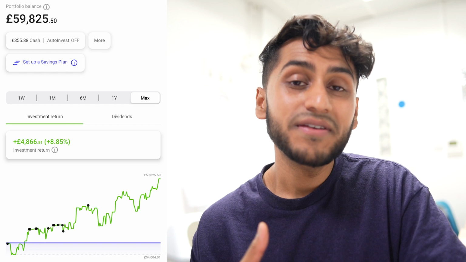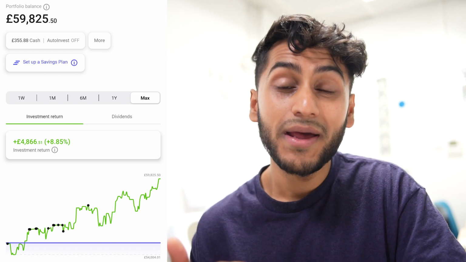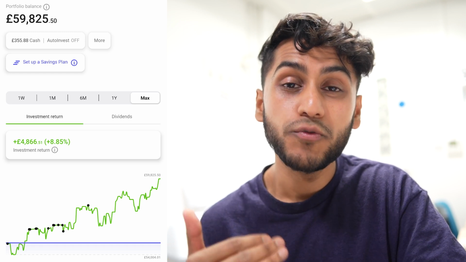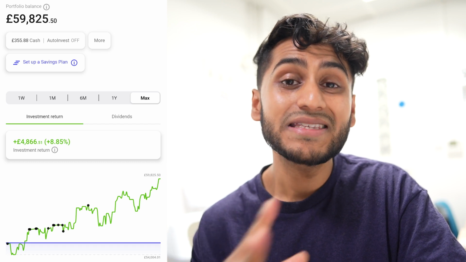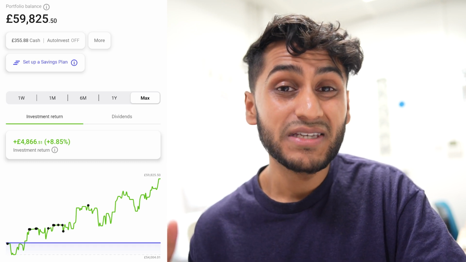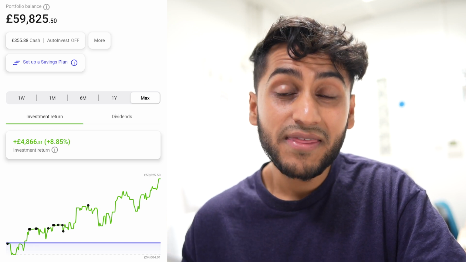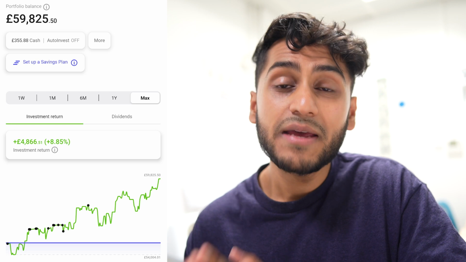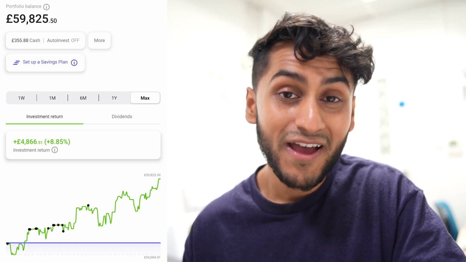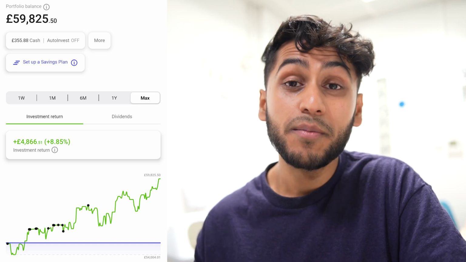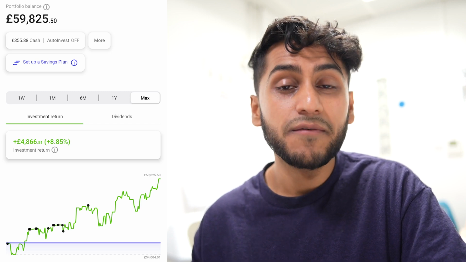Now, if I receive another 10% on top of that by the end of 2024's tax year, I should have a portfolio balance of £55,902. But as you can see, my current balance is actually a bit more than that. That is because since investing each year, I have actually received a bit more than 10%, and that has compounded nicely to give my current balance of £59,825. Now, 10% growth would be equal to £5,082 per year at this portfolio value. And at the end of 2024, if my portfolio balance was at least £55,902, the interest alone at the end of the 4th year would be over